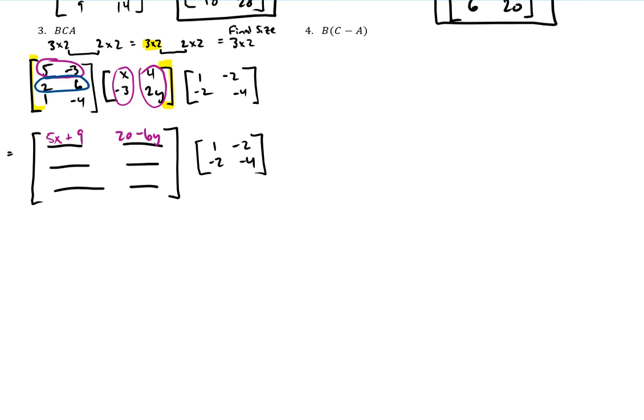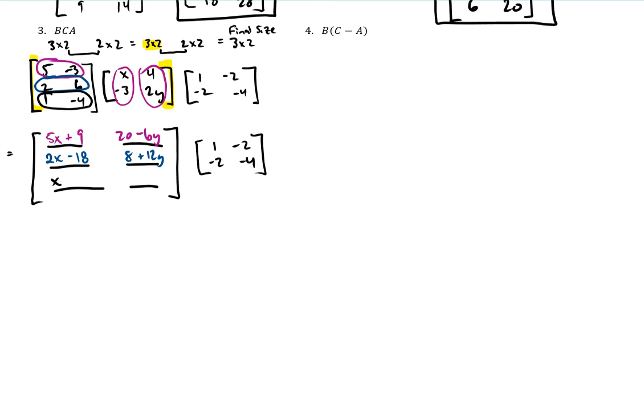So we have 2 and 6 now multiplying x and negative 3. So 2 times x is 2x. 6 times negative 3 would be minus 18. And then we have 2 times 4 to give us 8. 6 times 2y would be 12y. And then one more time, we got